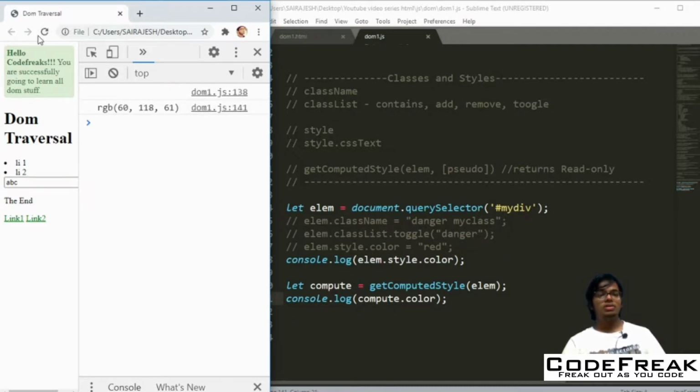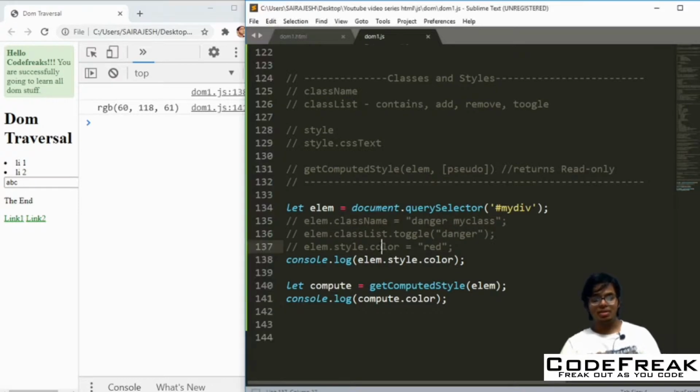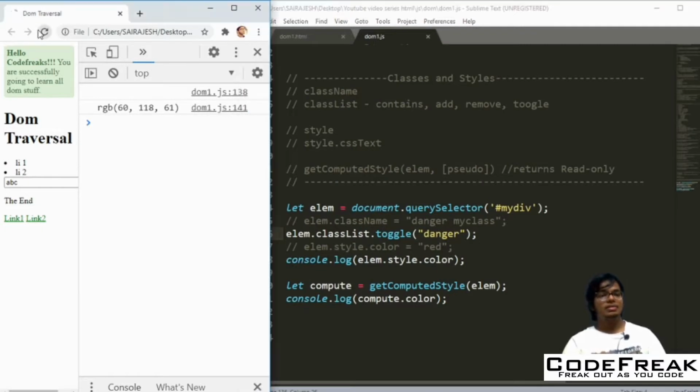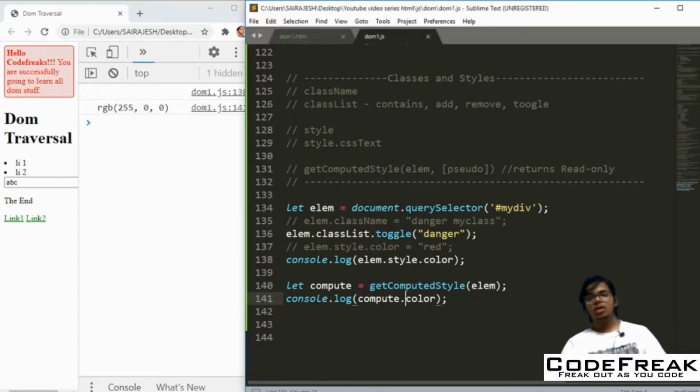This color is basically 60, 118, 61. So let me add in the danger class, because in the danger class I think the color is red, right? Yeah, color is red. So you will see here right away 255, 0, 0, which is the perfectly red color, the RGB value. So that's how you can do this.